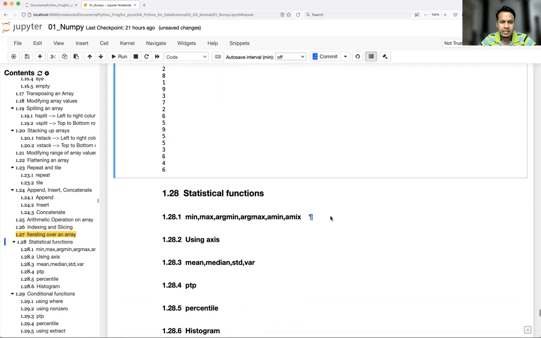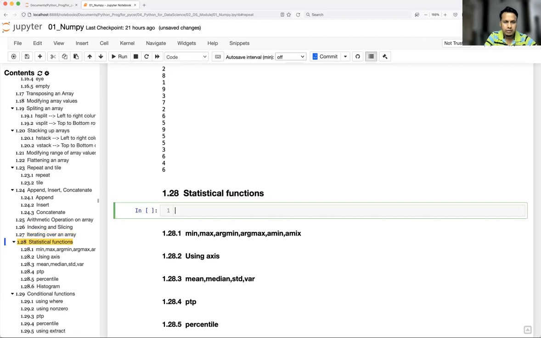Now let's see the most important thing, statistical functions. So guys, I'm going to talk about a couple of statistical functions. I'm not going to explain the formulas and how they work, which I'm going to cover in the statistics video. For timing, just bear with me and have a look at what exactly it is returning and how to use that function. So I'm going to create one array here, np.random.randint. See how frequently I'm going to use this function; it will be heavily used in statistical functionality, machine learning and deep learning.